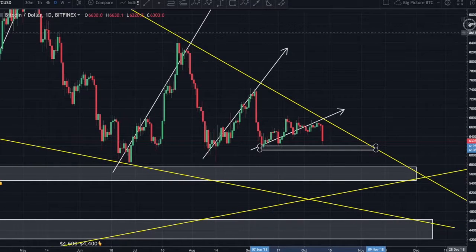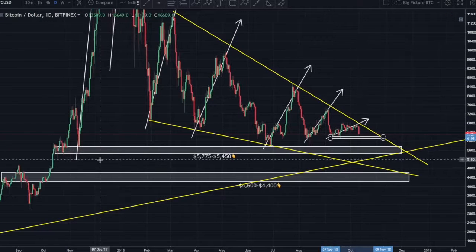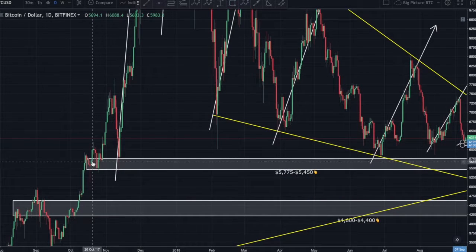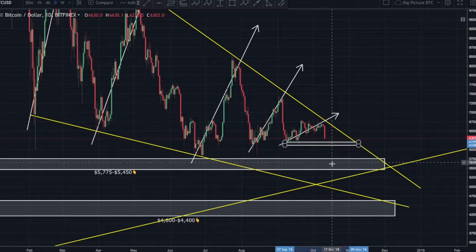That being said, keeping an eye on the bigger picture, if we do end up creating a new 2018 low, we go all the way back to this order block, into November, December, even October of last year, where we created a very strong demand zone, a lot of buy orders sitting between 57.75 and 54.50. So if we do end up creating a new low, I would expect somewhere between 57.75 and 54.50 to find some kind of a nice reversal, a nice impulse wave up